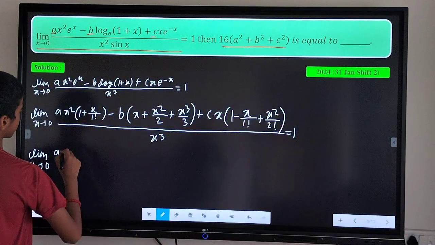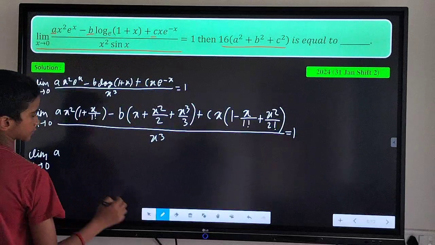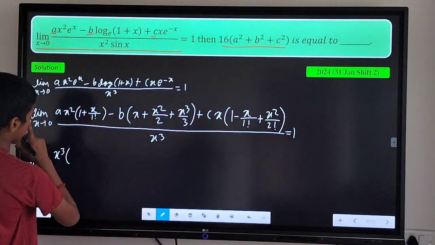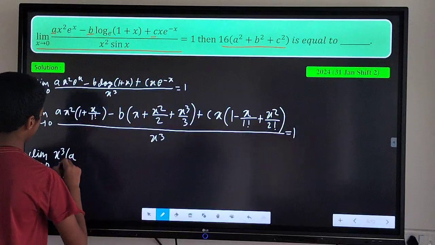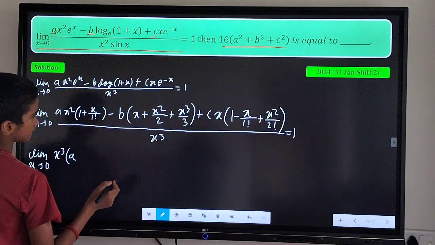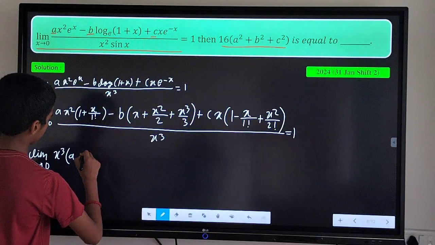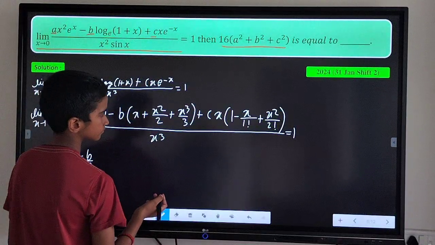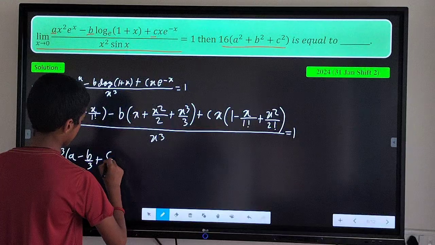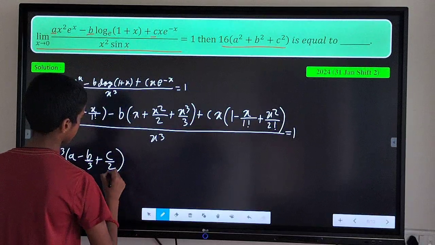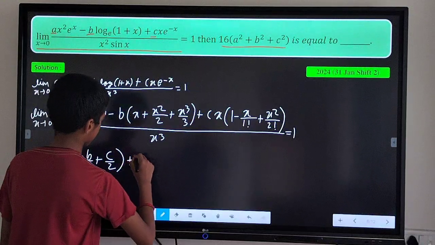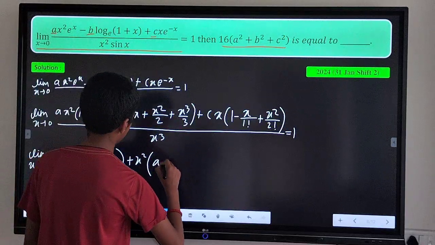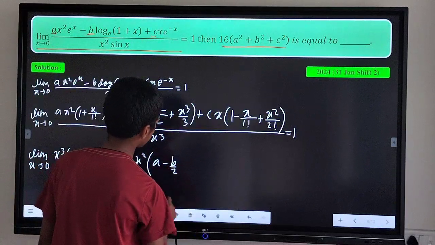a x, first we will write terms of x cube, so we will get x cube multiplied by a minus b upon 3 plus c upon 2, plus x square is multiplied by a minus b upon 2